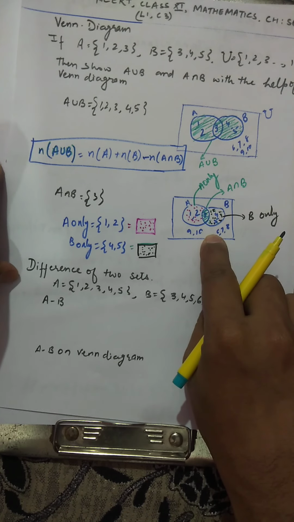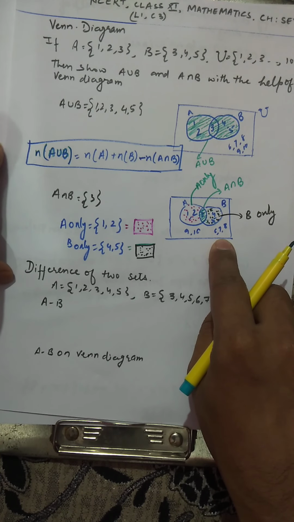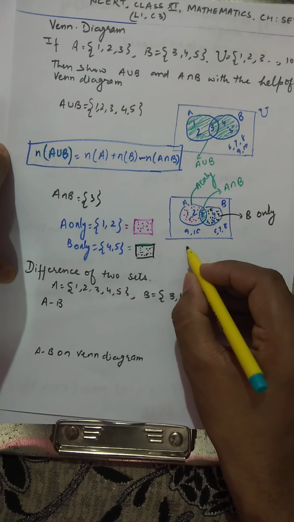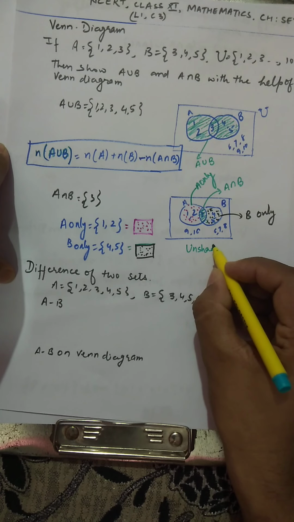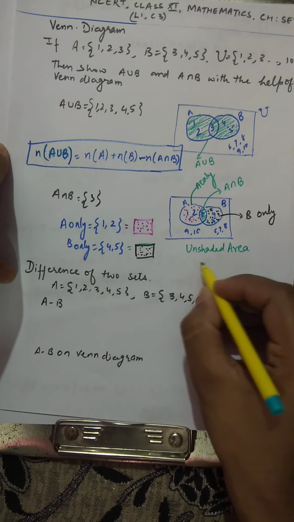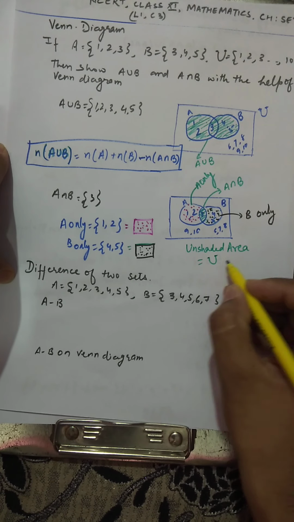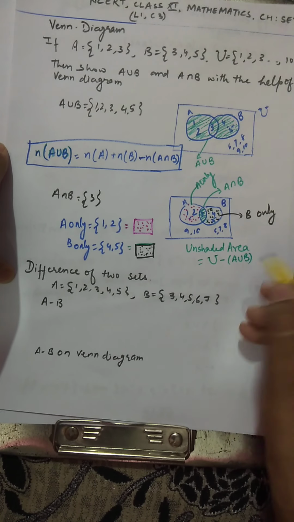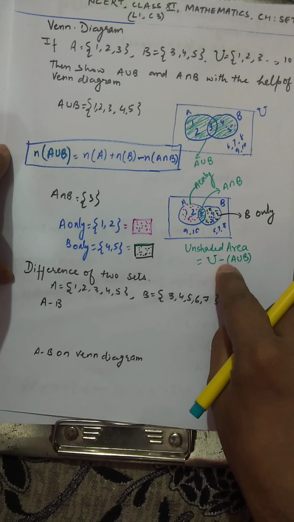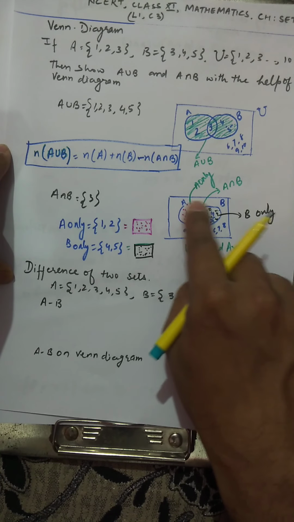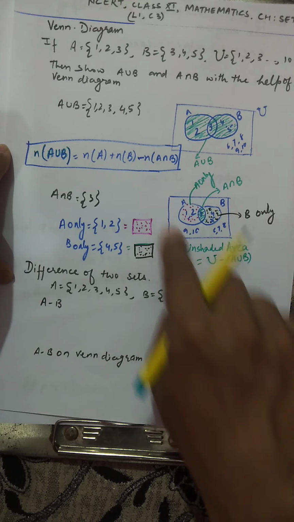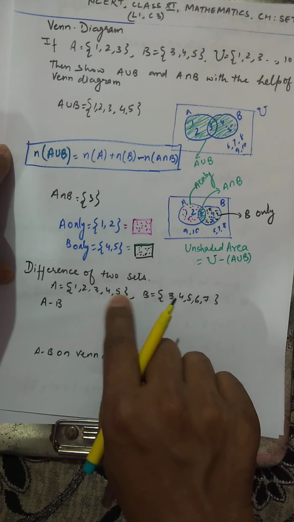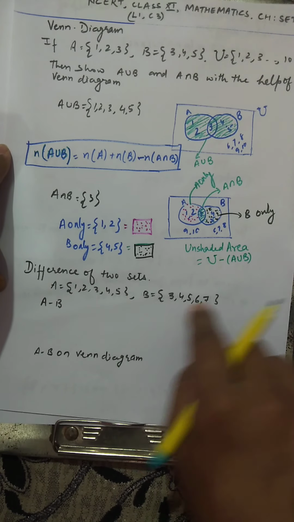So what is this area which is not coming in any of the circles? What can we say about this area? The unshaded area is actually the universal set, and you are doing minus all of A union B. So from the complete universal area you are subtracting that A union B, this circular part. So whatever is left is called universal minus A union B. This minus concept we will now discuss again with some more examples and with Venn diagrams also.